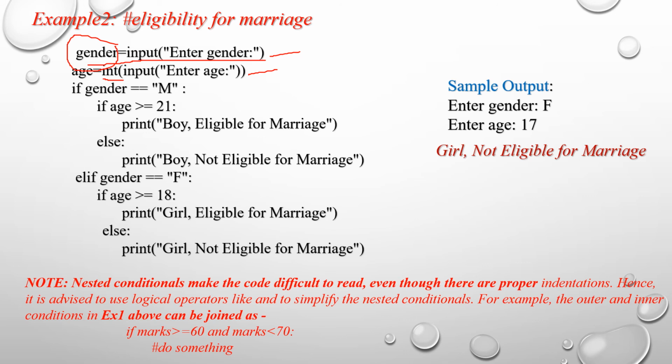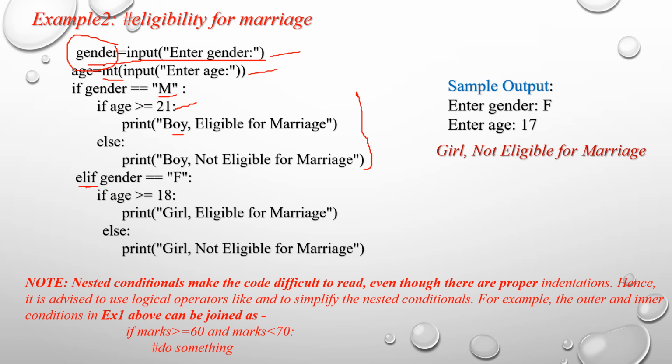Here we declare one condition: if gender double equal to m, so m means the gender is male. If age is greater than or equal to 21, print boy is eligible for marriage. Else, print boy is not eligible for marriage. So this is the one set of instructions. Else